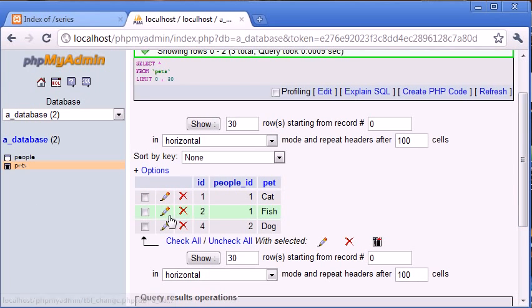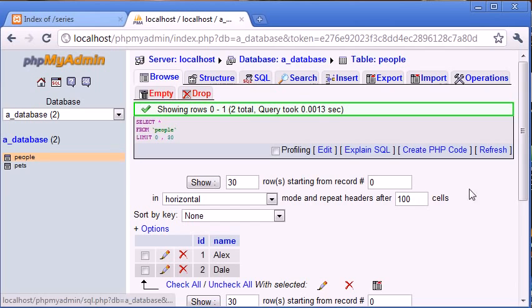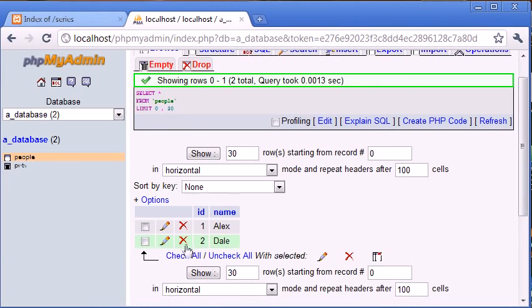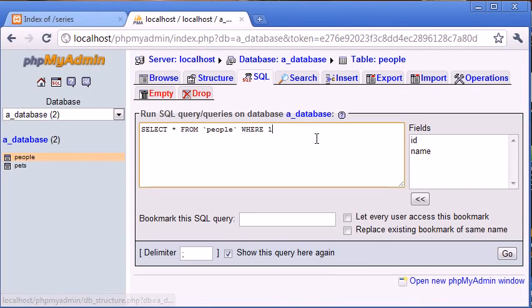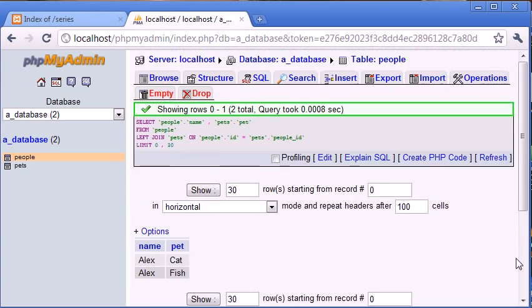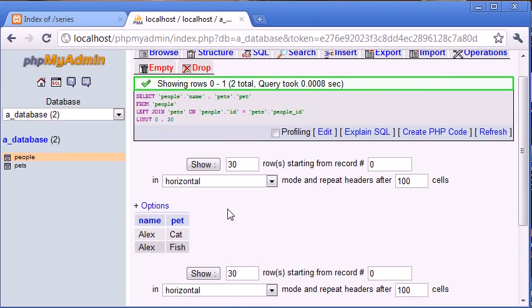Now, what happens if, for example, we have got dog, which is relative to people ID 2, which is Dale, but we delete Dale from the database? So let's delete Dale from the database. Let's go ahead and run this query again and click go. Now you can see that it's only returned Alex and cat and fish,